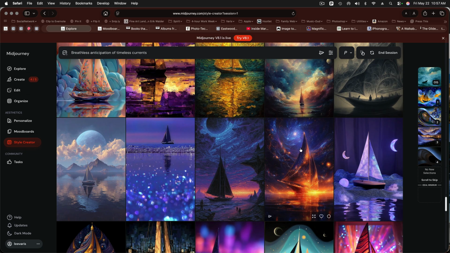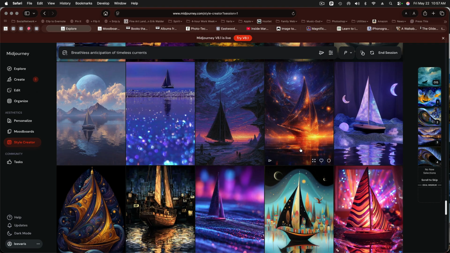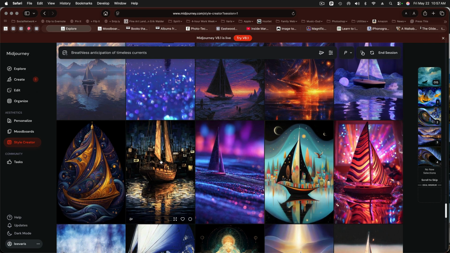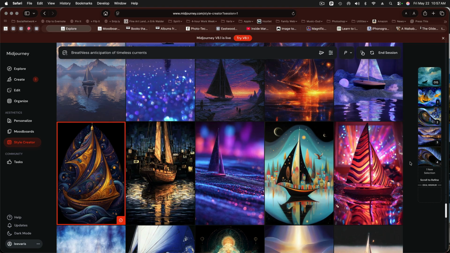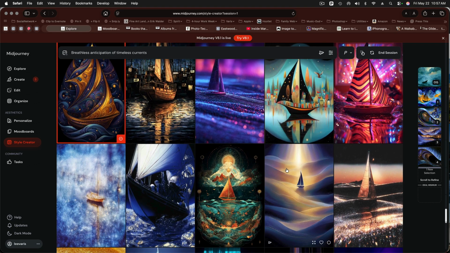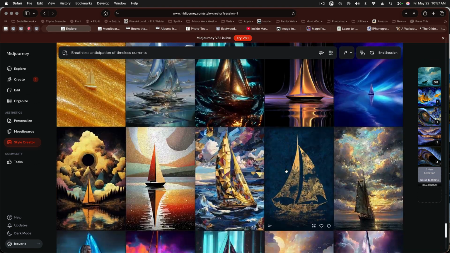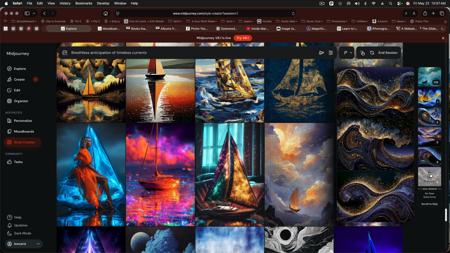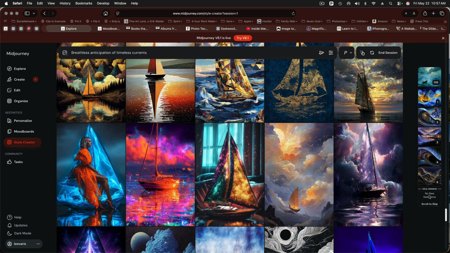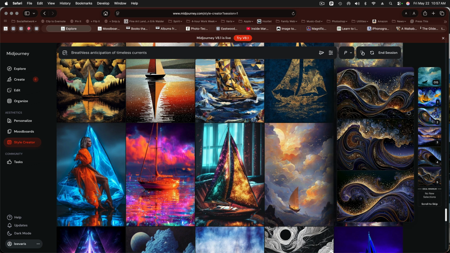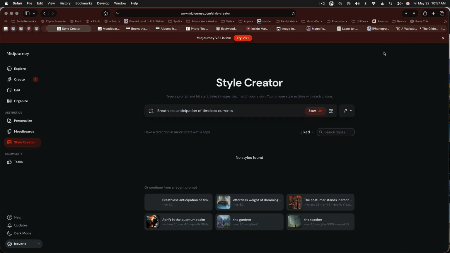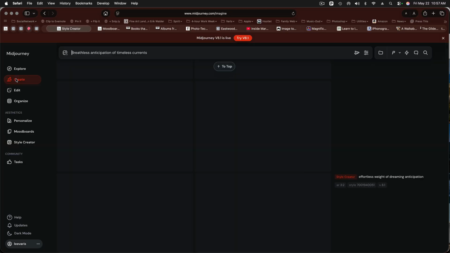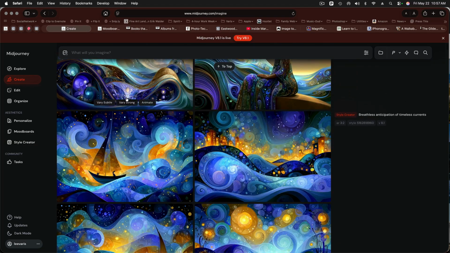So I've got one more choice I'm going to make here, and as you sort of zero in on something, it will refine the selection. Right, so I'm scrolling here. I've got one more. That's my 5th one, and it's still developing. Okay, so those are very interesting. Okay, so now we can end the session,